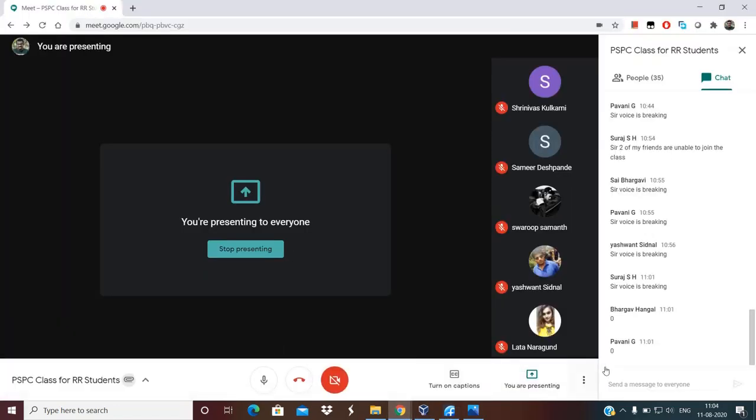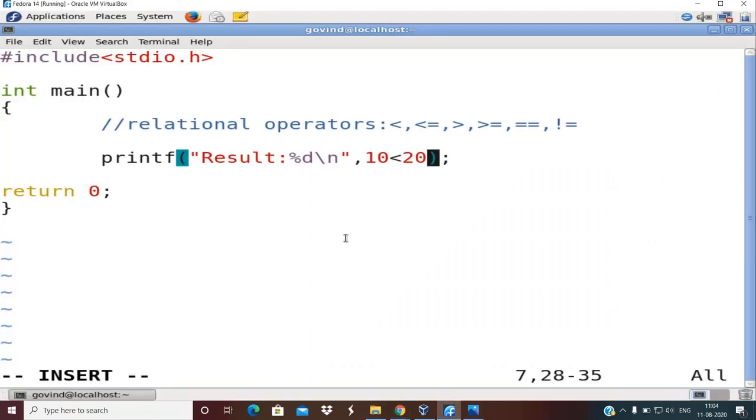So let us see how it specifies this. We all know that 10 is less than 20. Let us see what value gets returned out of this. In yesterday's algorithm and flowchart session, we saw that 10 less than 20 is true or yes.